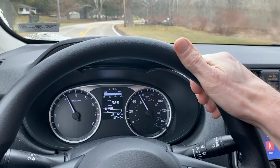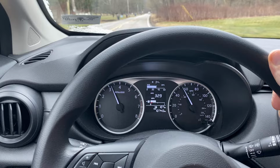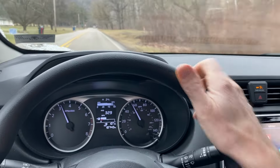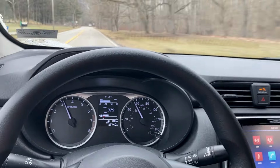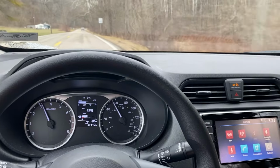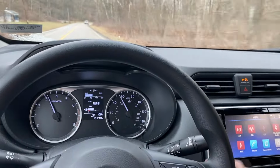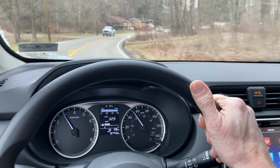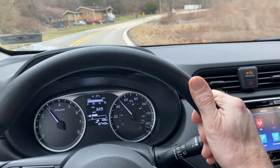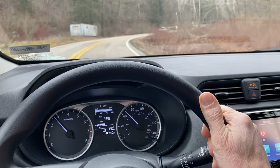I already know some people are going to complain because I'm in 4th gear right now and it's turning over 3,000 RPMs. I've made an entire video for people like you who are so concerned about RPMs in a car. Look up the video. It's called "Will High RPMs Destroy My Engine?" You could learn something. I could just see the comments flying in now as I was thinking about that. I just don't feel like shifting out of 4th gear, at least not at the moment. But anyway,